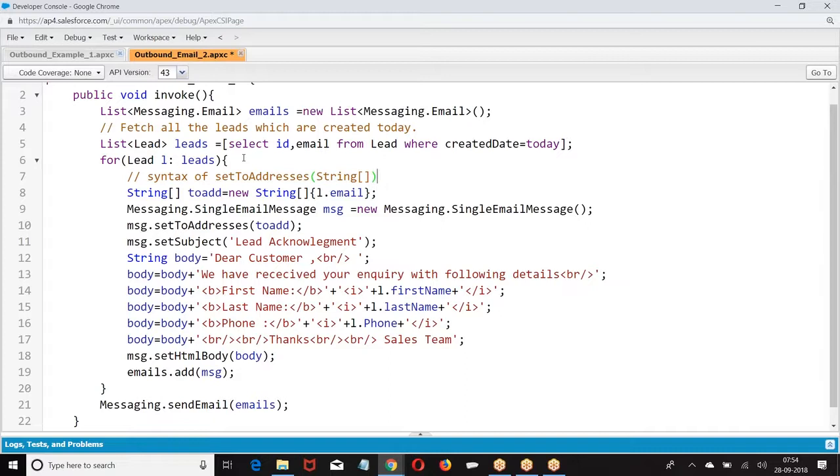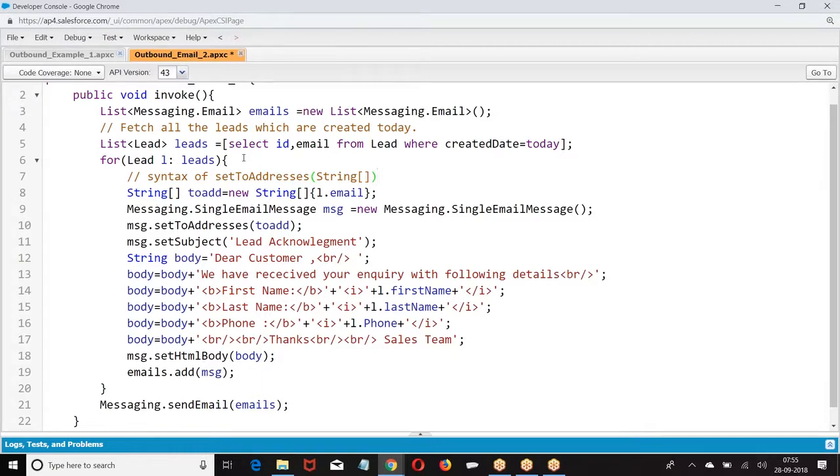It is expecting an array. If it is expecting an array, what are you supposed to pass? Set to address is expecting one or a group of emails. To address can be one, two or three addresses. I am not sure how many people you want to send it to. There is a reason they have taken an array or a list of. What is the parameter they are expecting?